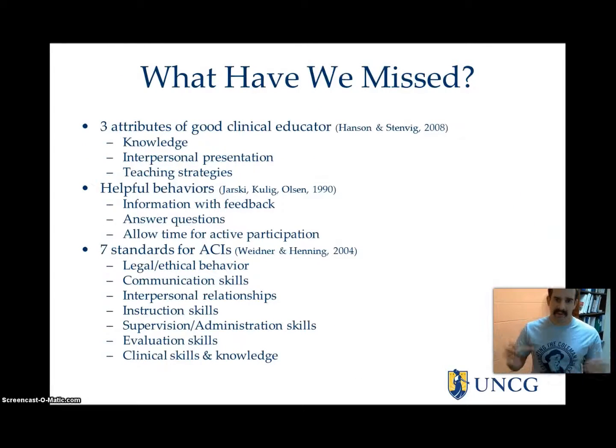Now, there are some other studies out there that you can see, and I'm not going to go through them, but they cover attributes, behaviors, and standards of ACIs, which is what they were called back when the study came out. It's obviously preceptors now. These are just some studies if you wish to look them up and see other things that we have missed. And that's coming from the preceptor side of the equation,